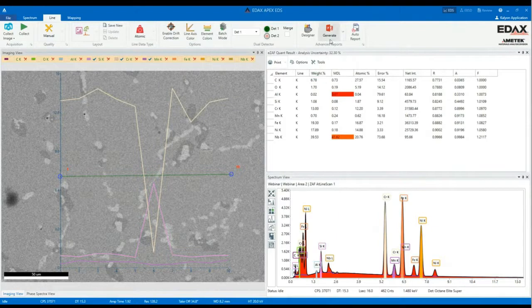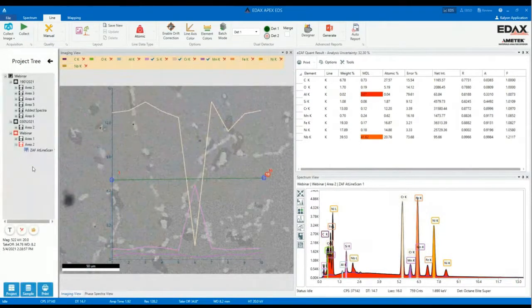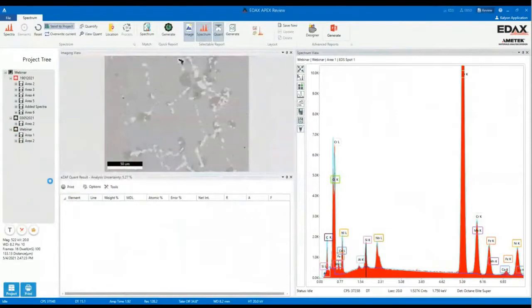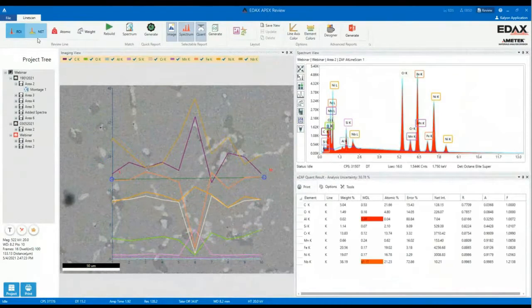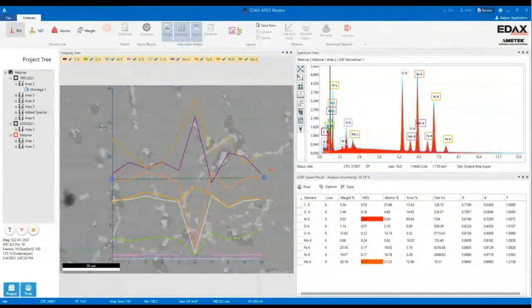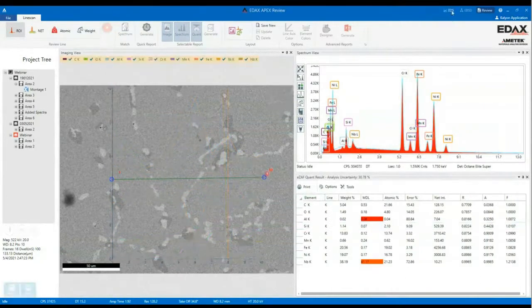We can also generate a report, and we can do some recalculations on the line scan by opening the line scan in review mode. You can see that we have the option for rebuilding the line scan. This means I had clicked atomic percent for the line scan, and if I now want to see the line scan as region of interest, I click on region of interest, click on rebuild, so the software will recalculate and will image the line scan as a region of interest scaling. So these are the elements. Click OK. We'll rebuild, so we can simultaneously go over to the live mode